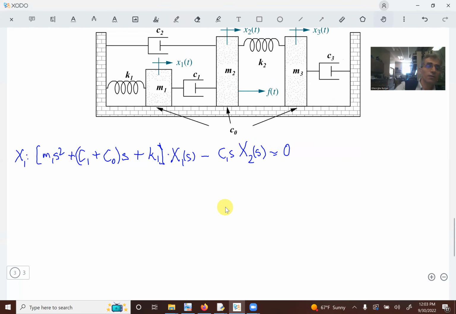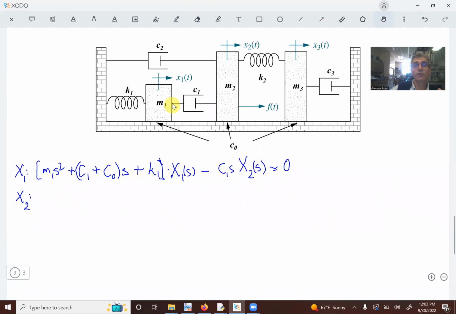Now we get to the second one, for the second displacement, the second state. You can start, if you want, from the left side, which means from x1. You can arrange them however you want in a nice way. I prefer this way. So I have to subtract whatever the contribution is from x1. That will be the damping term, so minus C1 times s times x1 of s. And then I have to add